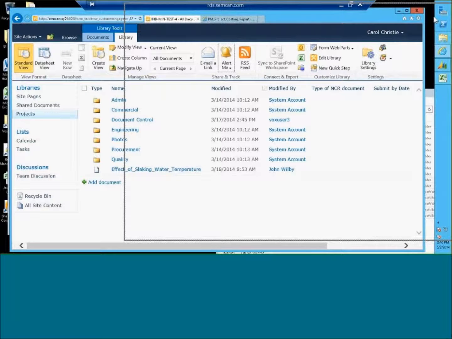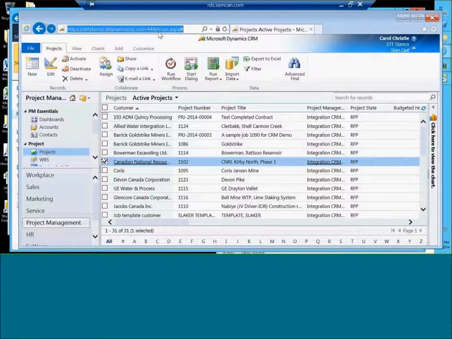So, switching gears a little bit, this is your web-deployed production environment